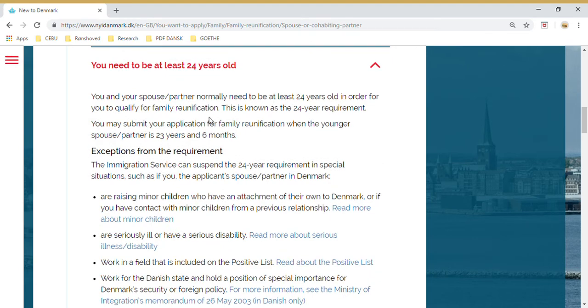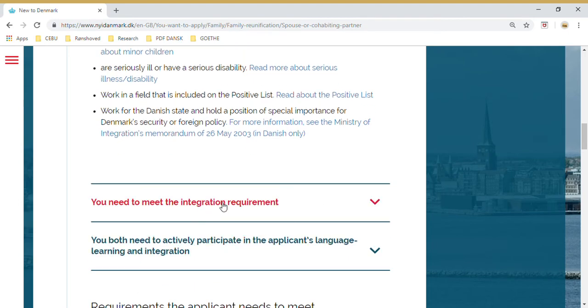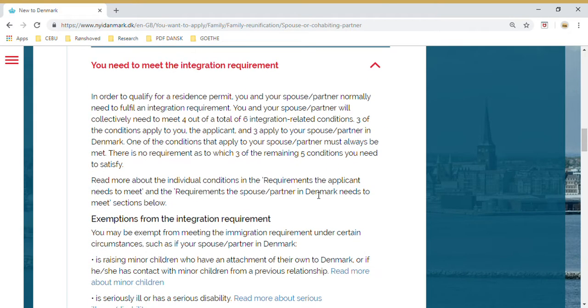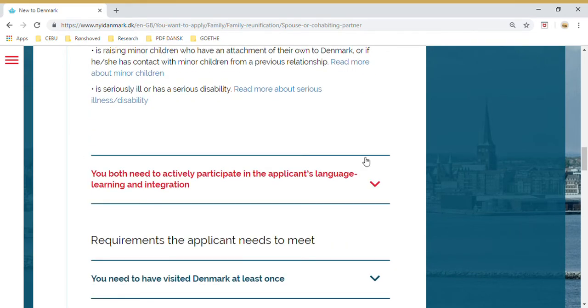So, you and your spouse need to be at least 24 years old in order for you to qualify for family reunification. Ito yung tinatawag nilang 24-year requirement. And you need to meet the integration requirement. So as of the moment, I'm not sure how much is the deposit, kasi kailangan mag-deposit ng certain amount for you to be